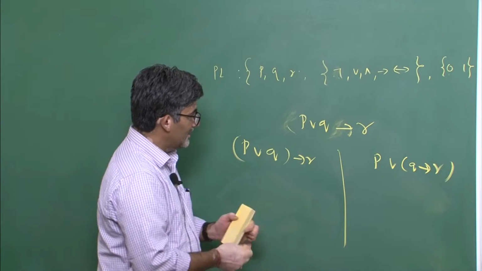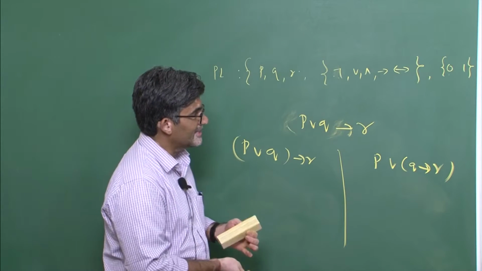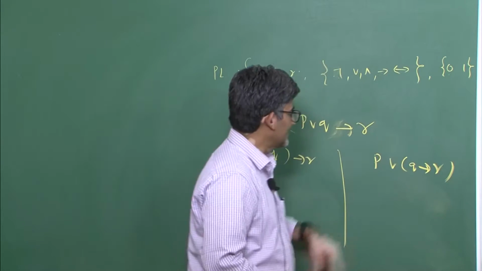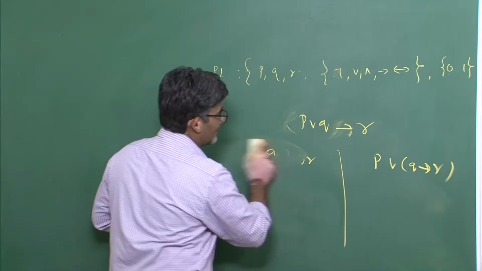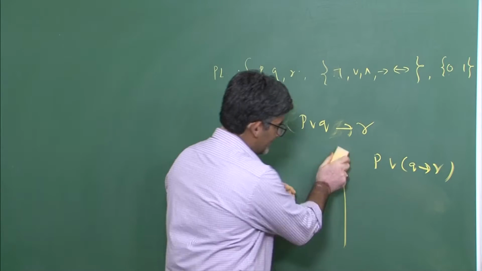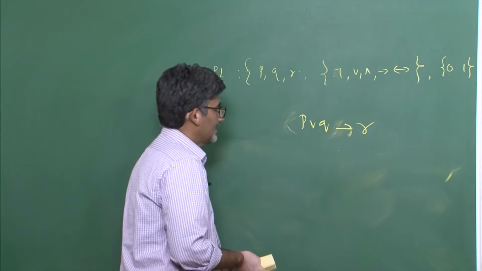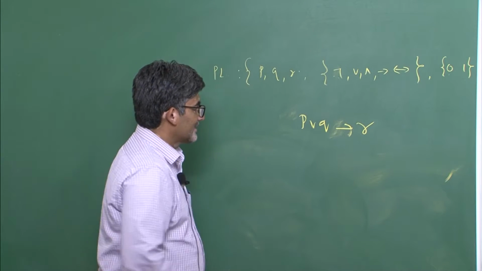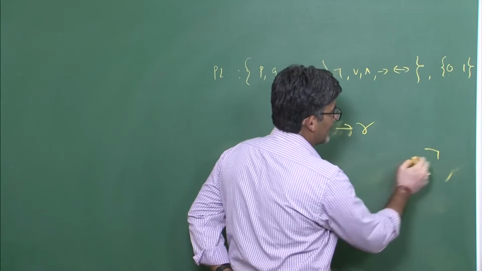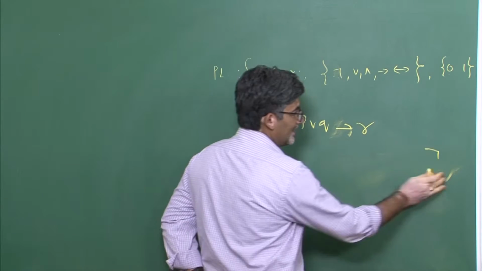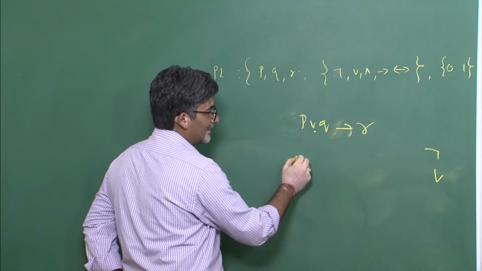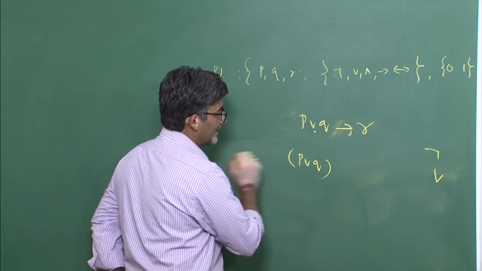So this formula needs to be represented like this. Now we give some kind of preference to these connectives. For example, if you have a formula like this, how do we write it in a proper way? The first preference should be given to negation, which is not there in this formula, and the second preference should be given to ∨. Wherever this ∨ occurs, you just put a bracket like this.